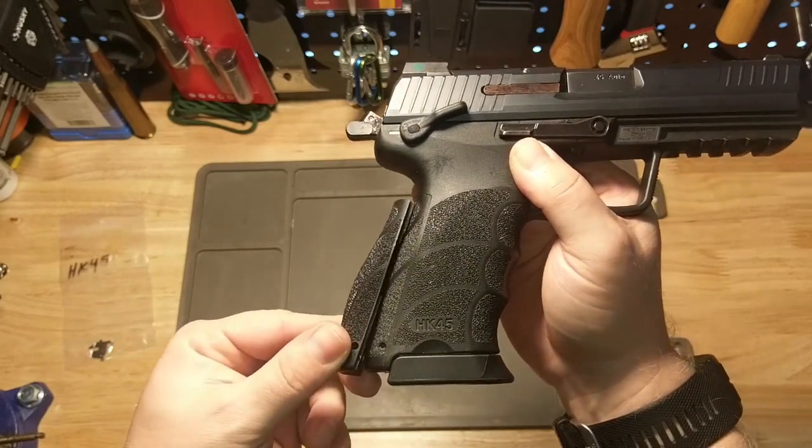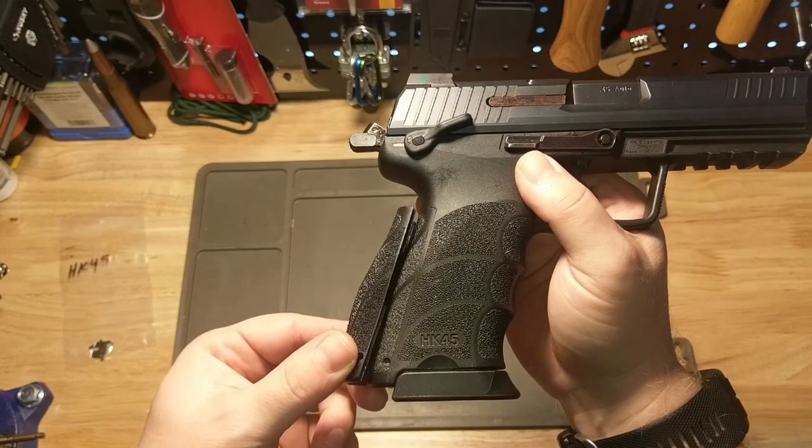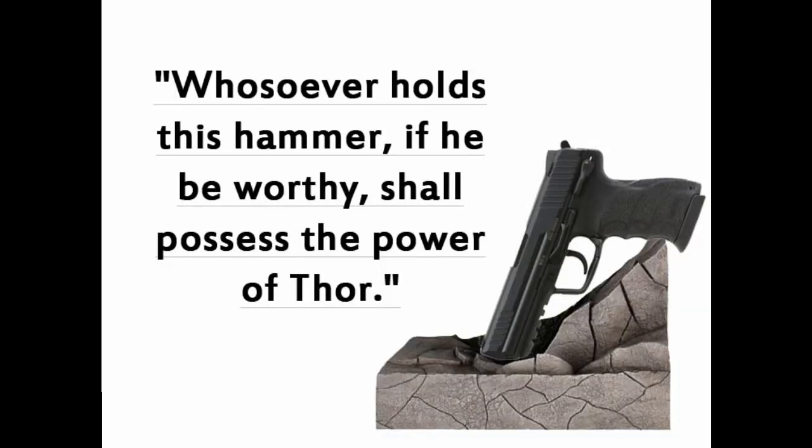Of course, this firearm is obviously a hammer-fired pistol, which goes against the current trend of hammerless striker-fired firearms. I myself prefer hammer-fired, as it lends itself to being a historically more robust configuration than the striker-fired design, which is a debate for another time and another video, when I just feel like my self-esteem is way too high,